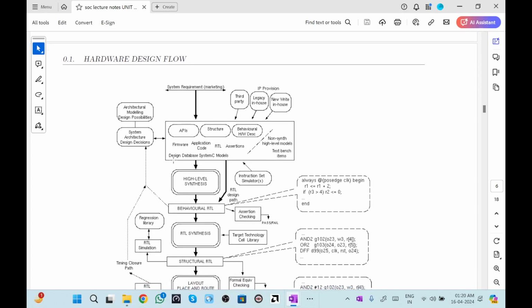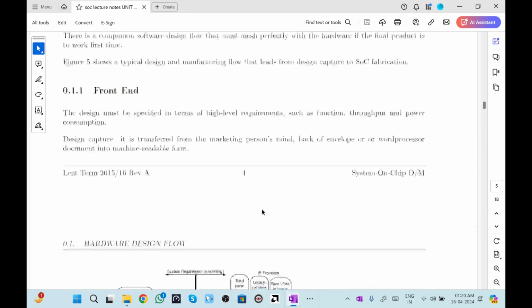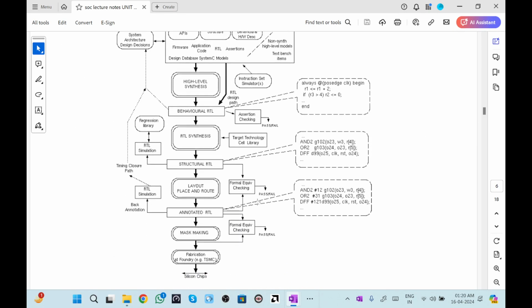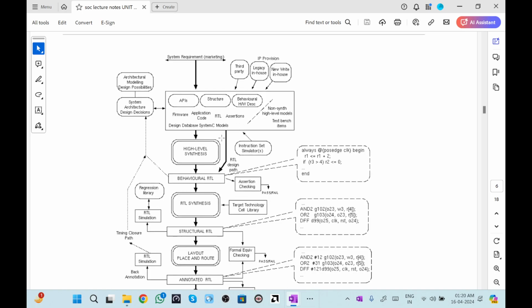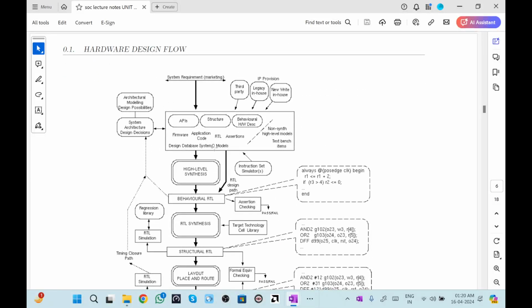Moving on to this diagram, I'll tell you how this SoC environment is being created. It requires certain processes. This whole SoC is not built in a physical way; it is tested in a virtual manner. So how are we going to make that? The basic programming language which the RTL engineer uses, so what is the flow over there? It has some architectural model, whatever model we assign. Then we have the system architecture design. Then accordingly it creates the code, and we are using the C and C++ programming languages.